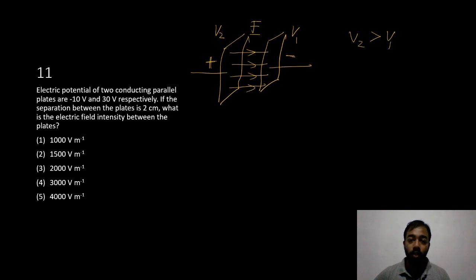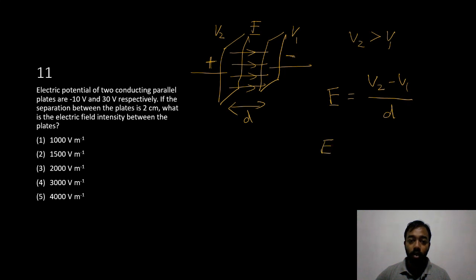if the separation is simply D, you can write the electric field intensity E is equal to the potential difference V2 minus V1 divided by the separation D. So this is an equation that you should know, and if you just